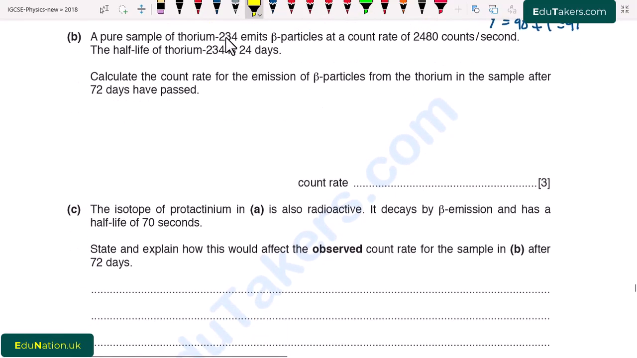Going towards part B. A pure sample of thorium-234 emits beta particles at a count rate of 2480 counts per second. The half-life of thorium-234 is 24 days. Calculate the count rate for the emission of beta particles from the thorium in the sample after 72 days have passed. So here we have to calculate the count rate. For that we have to know how many half-lives pass. So I write here number of half-lives